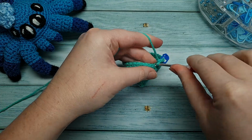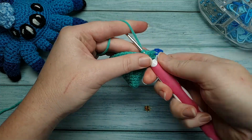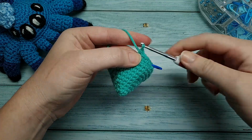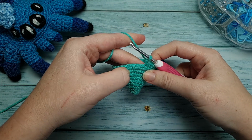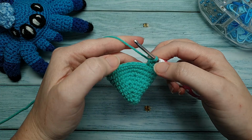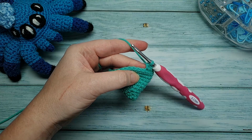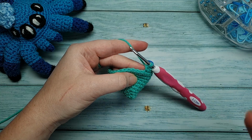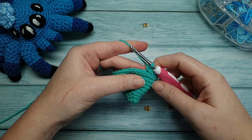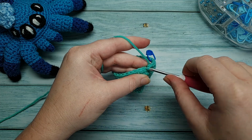Two, 3, 4, and 5. And after that 5th single crochet, we're going to single crochet 3 together. Normally when I single crochet 3 together, I use both the back and the front loop, but in this case, because the instructions say to use the back loop only, we're again only going to be working into the back loop. To do a single crochet 3 together, we're going to go into the first back loop,